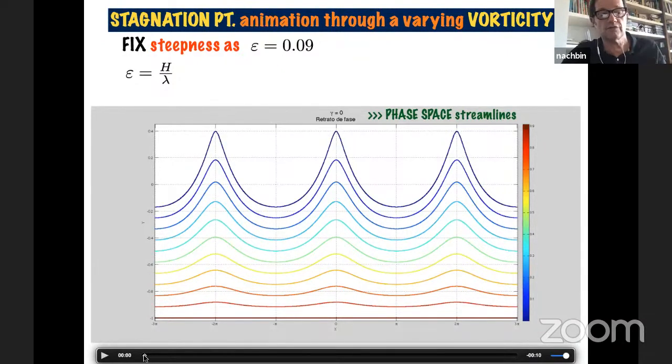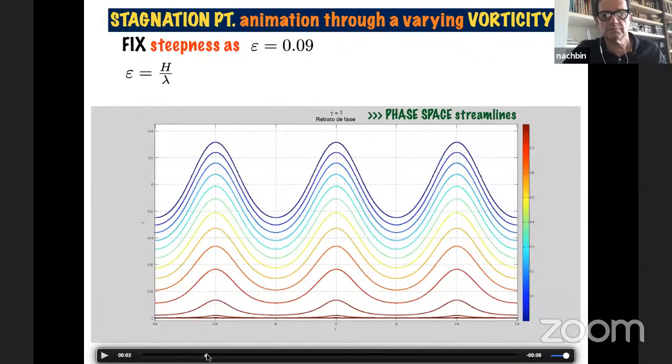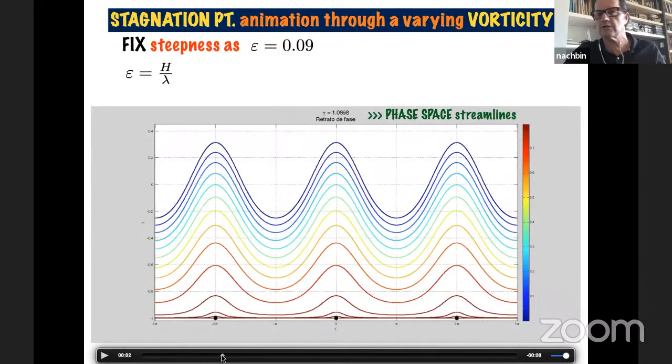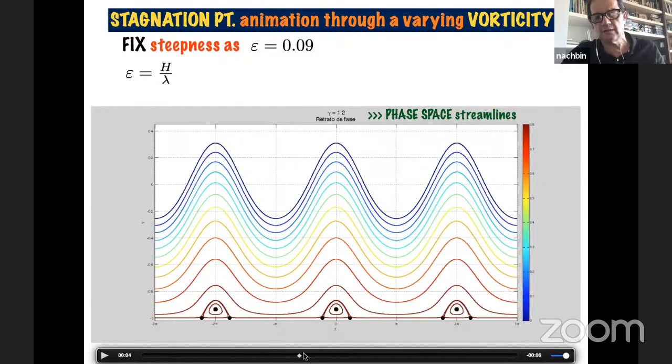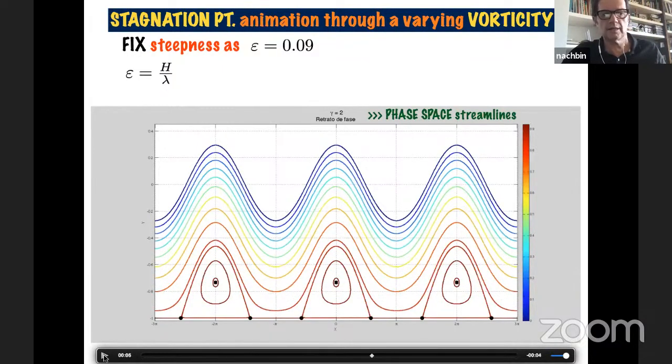So you start increasing vorticity, and then here it is. A singular point comes from below, from the boundary, okay? And then you increase vorticity and look, the wave profile changes, of course. And then you increase vorticity: 3 points, 3 critical points. And there's already a mini recirculation zone here we can see. Now we can see it, right? And there it goes. And it keeps on growing.